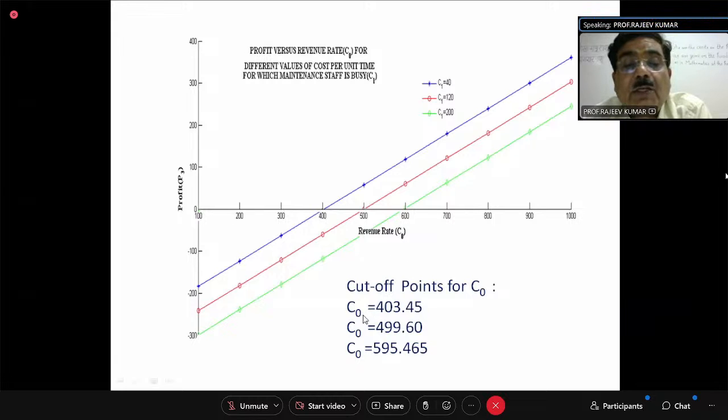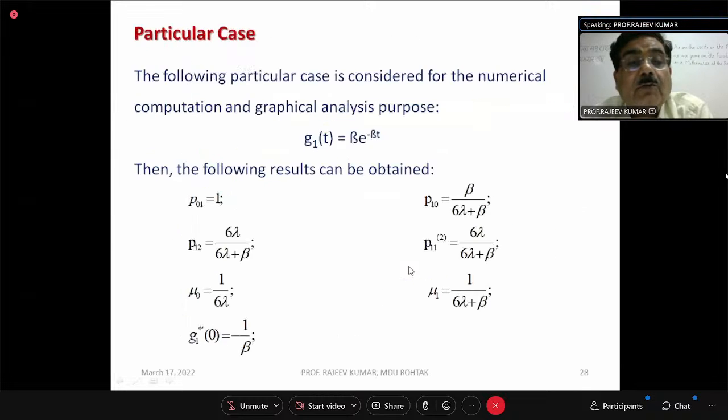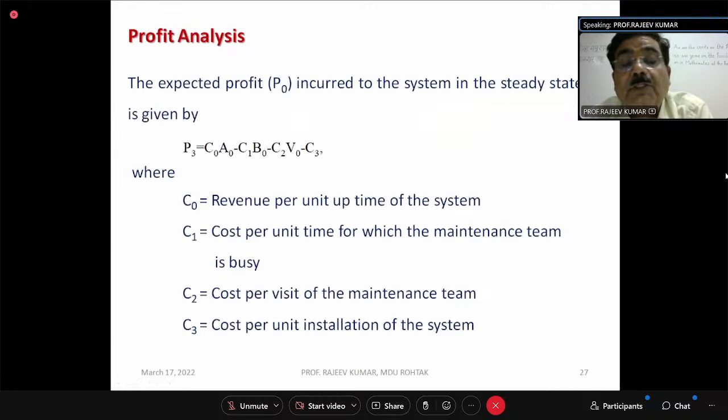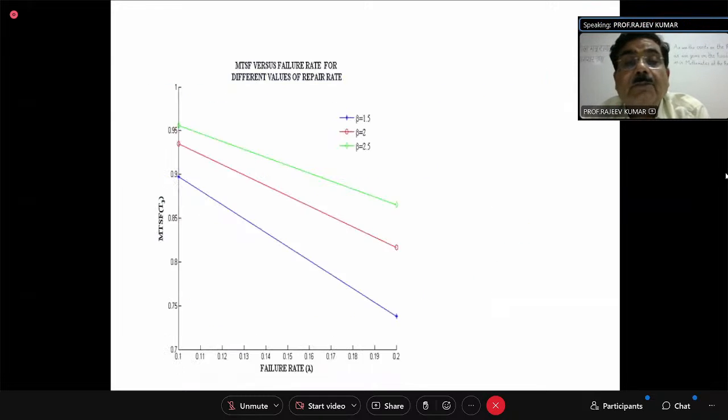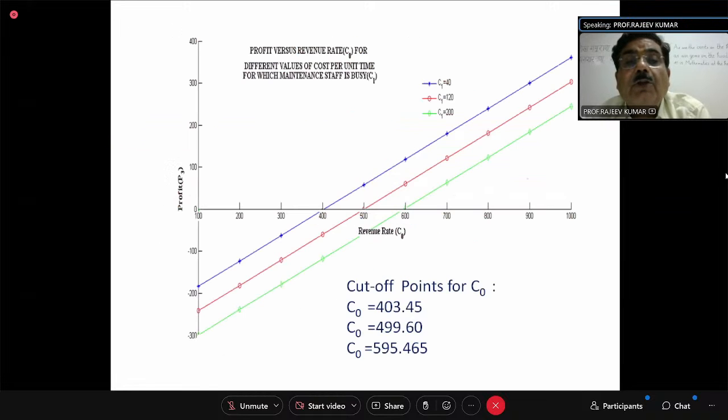So you can see that if revenue is, say, 403 rupees and 45 paisa, in that situation for C1 equal to 40, the system is profitable. C1 was the cost per unit time for which the maintenance team is busy. So when the maintenance team is working and their cost is assumed to be 40 rupees, the cutoff point indicates that the system will be profitable whenever the revenue generated per unit is more than 403 rupees